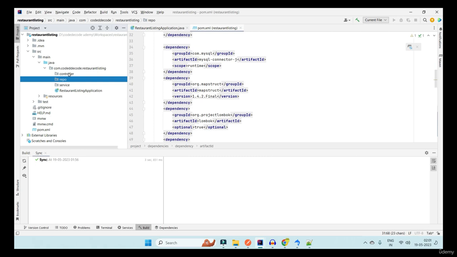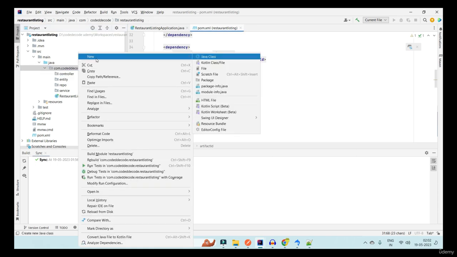So this is how we are following the single responsibility design principle, where in controller we are not going to put any business logic or any database interaction. In service, no interaction with either the database nor any interaction with the client. Only business logic will go here. Repo layer, where we have only and only all the connections with the database and no interaction with the client or the business logic. Apart from that, we need one more package for entity and one more package for DTO.